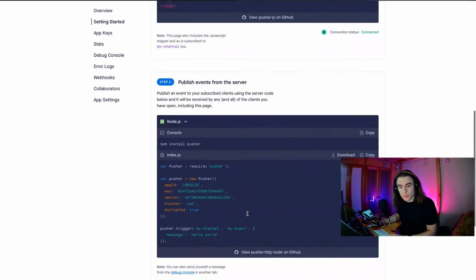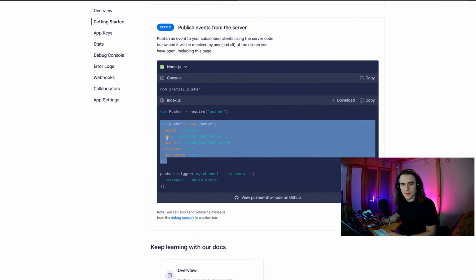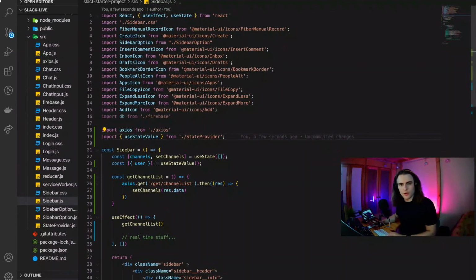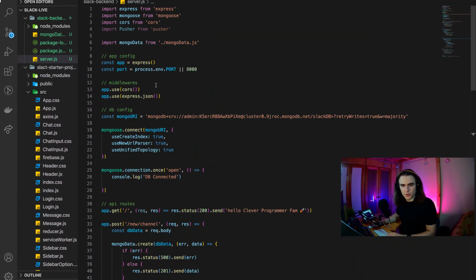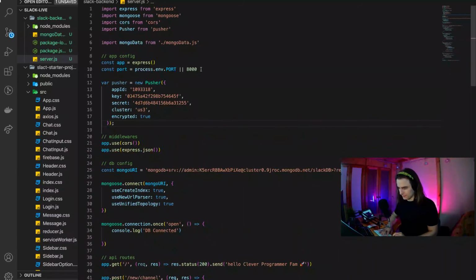And what we will do is actually scroll down here to the back end, because that's so much easier to set up. And let's go back to our server.js file, go up here to app config and just paste it in here. Okay, Psychocoder asks if there is an alternative for Pusher, and probably there is, but it's just super